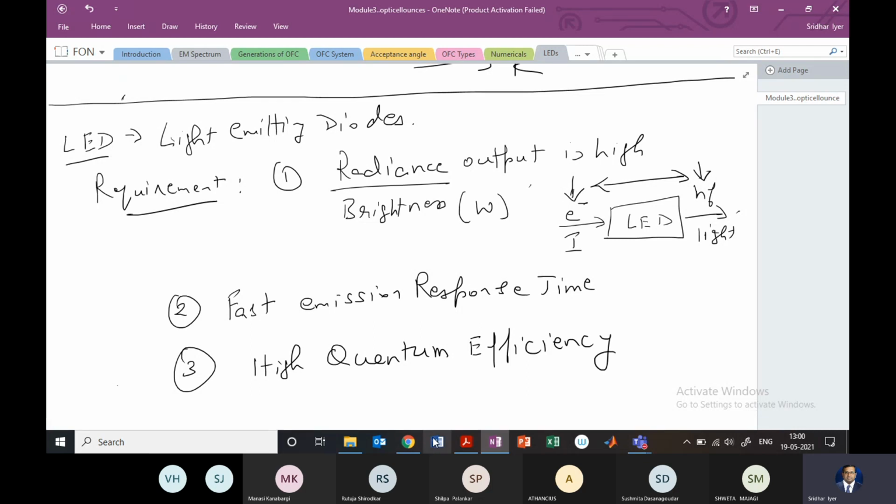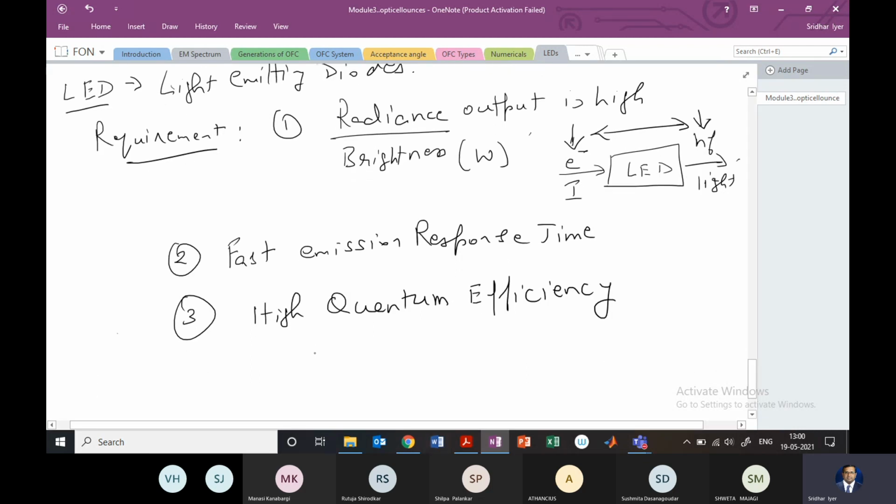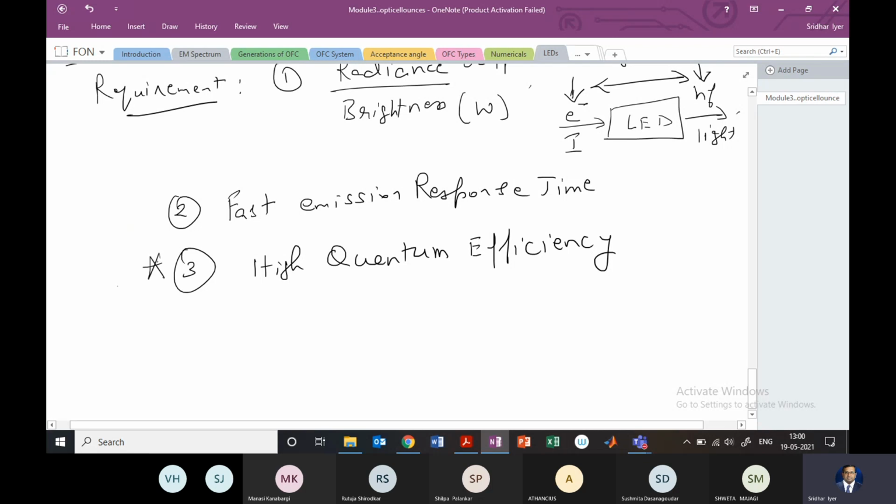High quantum efficiency, and this I'll define now, is one of the most important parameters. This is also used to highlight a laser. So quantum efficiency is nothing but the ratio of injected electron hole pairs, that means how much current you are giving inside the LED at the input, divided by radiative